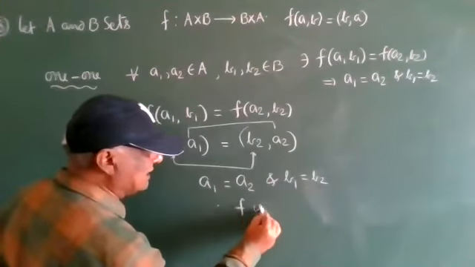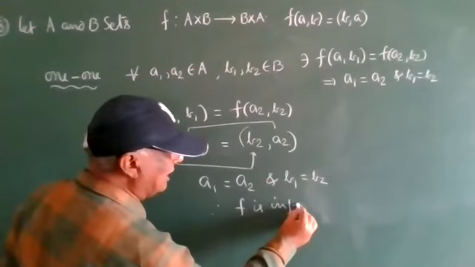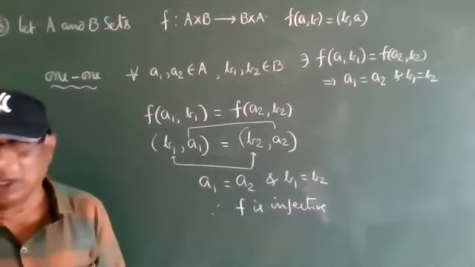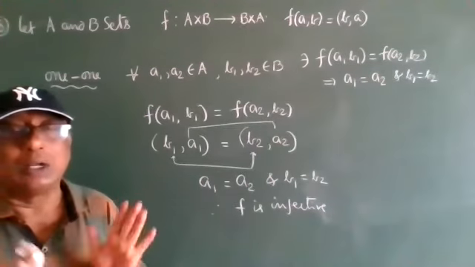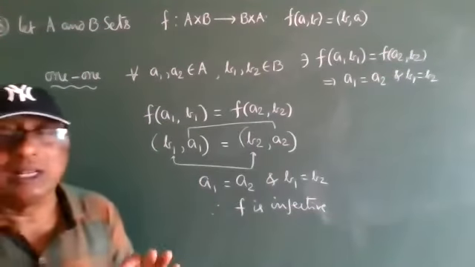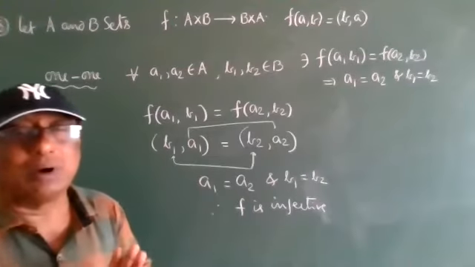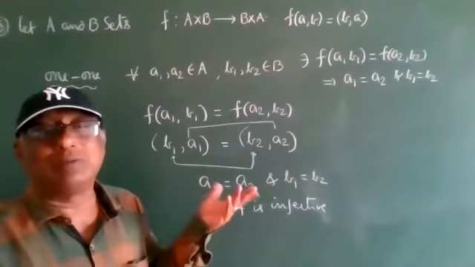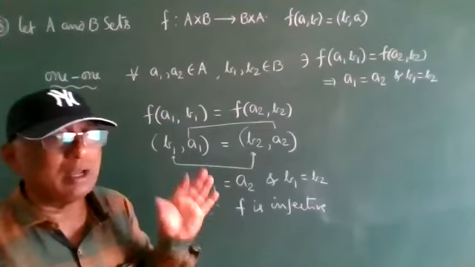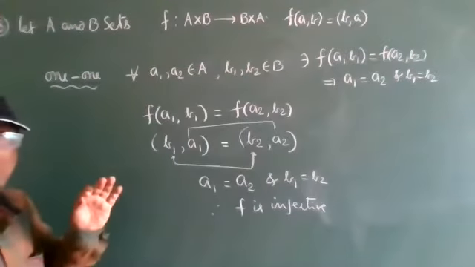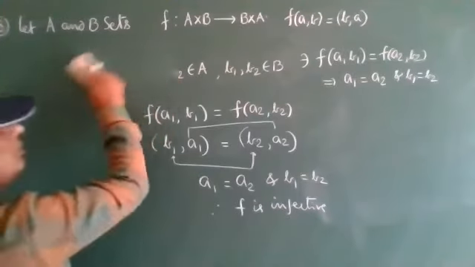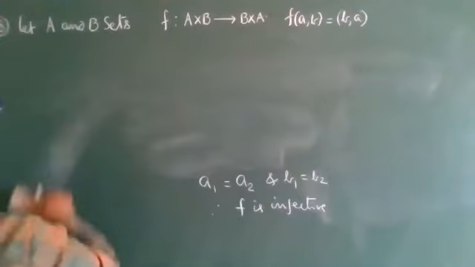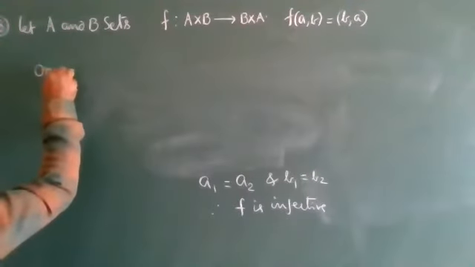Therefore, F is injective. Is it clear, everyone? F is injective. Now we will go through the onto. Very carefully observe. A small confusion is there in onto only, but one-one is clearly understood. Everyone observe onto. So onto is